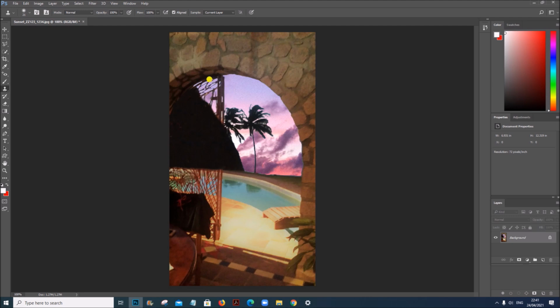Now let us replace the sky here. So copy the area to be cloned by pressing the Alt key.